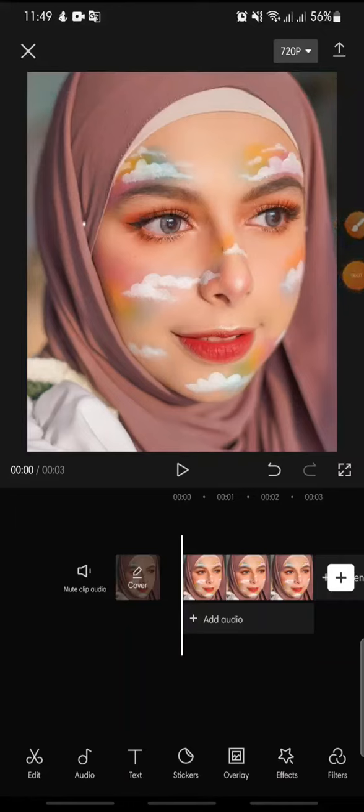In this video, I'm going to show you how to add electric light border effect on CapCut apps. Now let's get started. First, open your CapCut apps and add the photo or the video that you want to